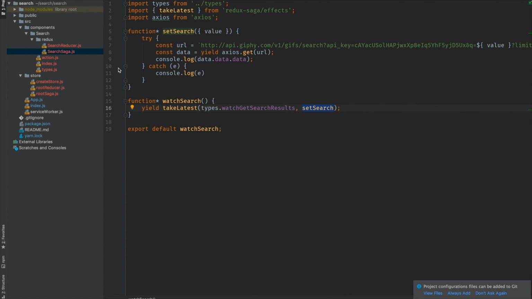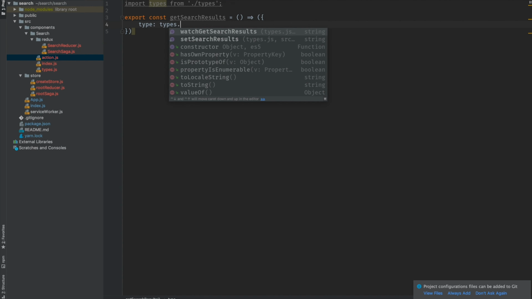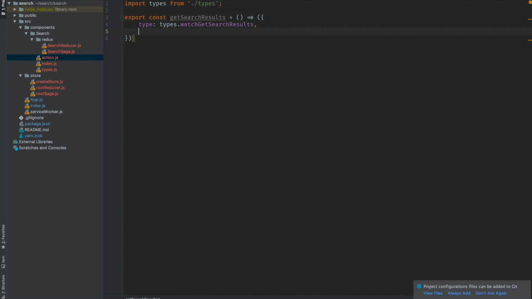And Redux and Redux Saga handle all this for us, so all we have to do is just dispatch out the action. So we'll just go ahead and say export const get search results, and that will have a type, and the type will be watch get search results, and then it'll also have a value. So that value is going to be whatever the user types in, right? So when we dispatch out this action, we'll have a type so they know which action we're dispatching and who needs to catch it,